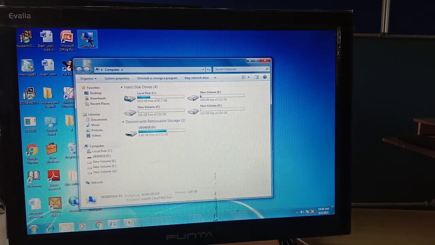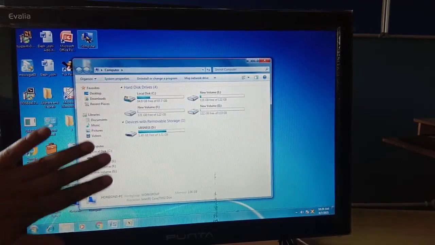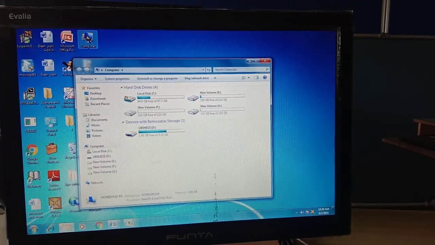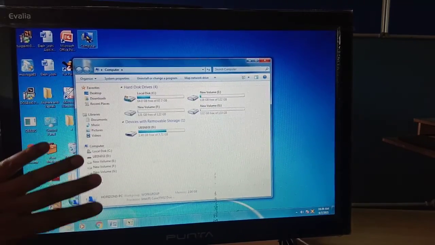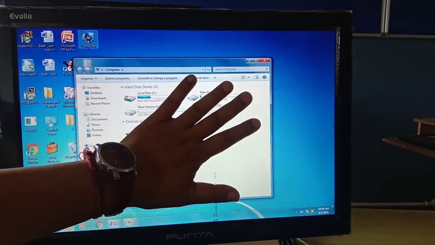This Windows Explorer is divided into two panes. One pane is this one and one pane is this one. This pane is called the navigation pane and this is called the detailed pane.